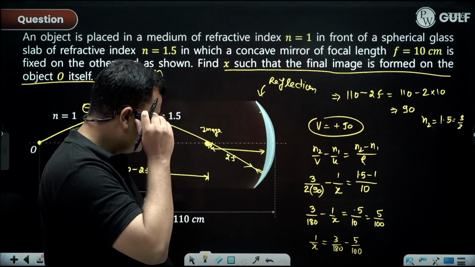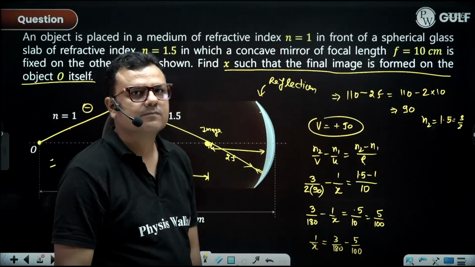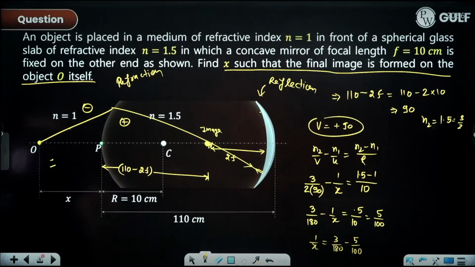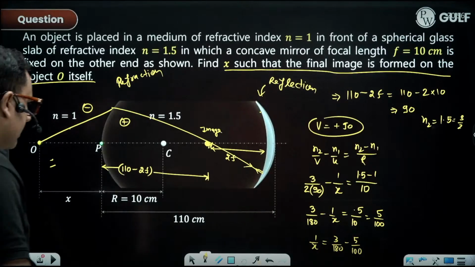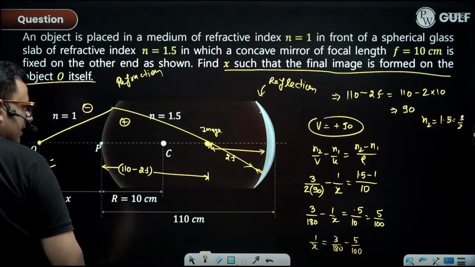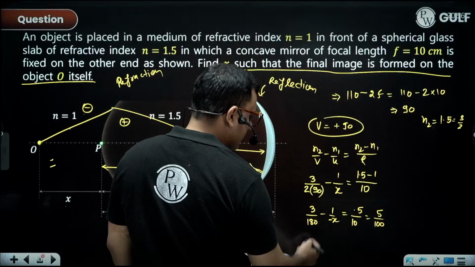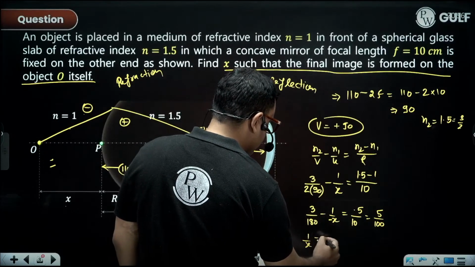Is it clear? Okay, take the LCM. Try to take the LCM. If you don't want to take the LCM, it's totally up to you. Nobody is going to hurt you. Don't forget to put the sign of this one. This is on the negative side, so x will be negative. So this x will be negative, and automatically it becomes positive. So 1 upon x will be equal to